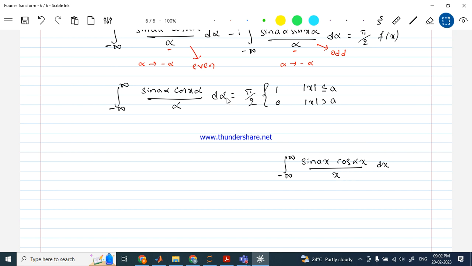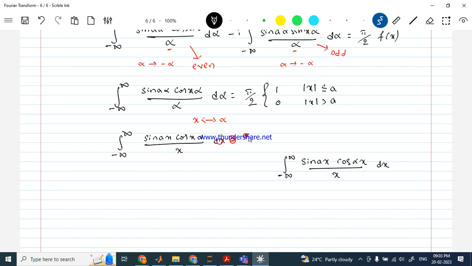So I will just interchange x and alpha, and it doesn't make any difference because we are dealing with a definite integral. It is minus infinity to plus infinity sin(ax) cos(xα) divided by x